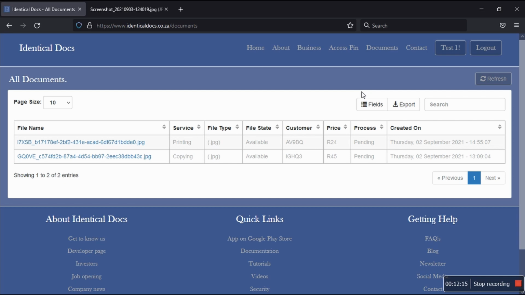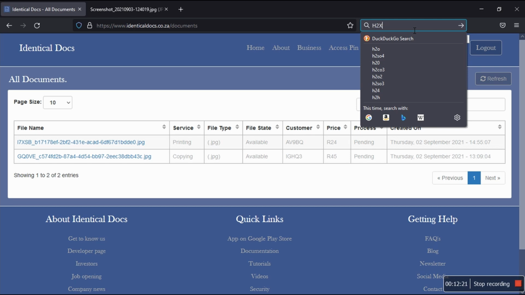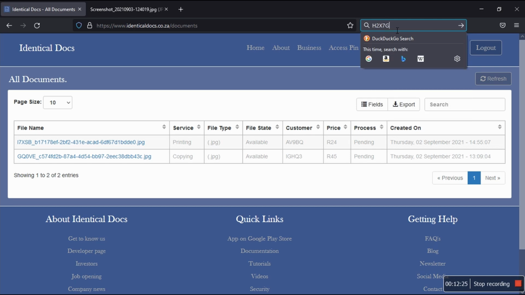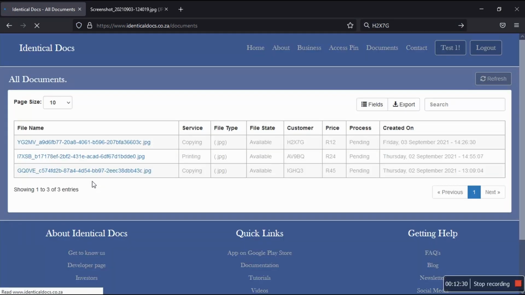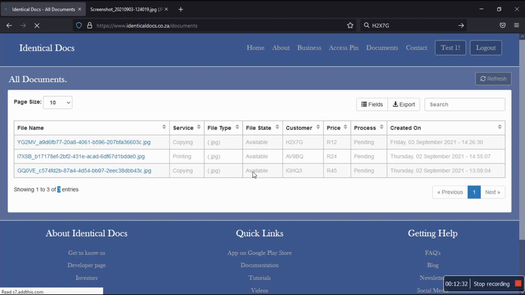there we go. So it generated this guy, H2X7G. So there's a customer reference number, and then once I hit refresh, you see the third record here. So the third record, and there we go, H2X7G. So this is what we have. So the document was submitted successfully, and then now